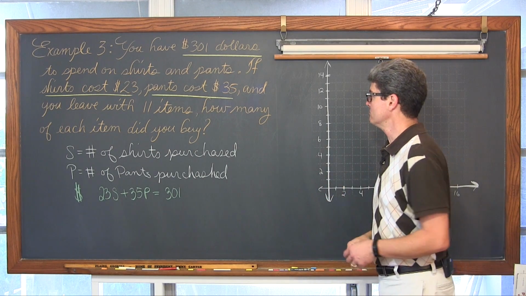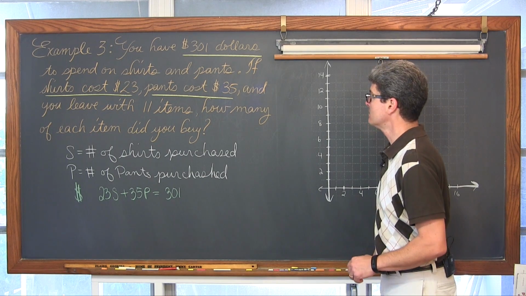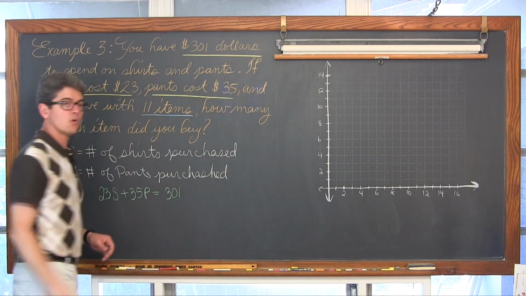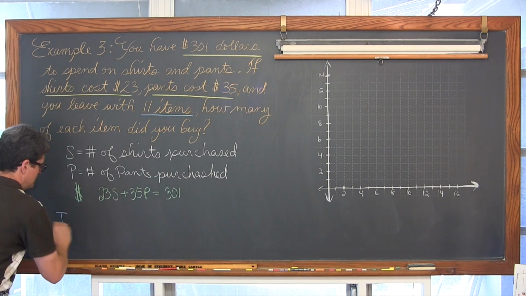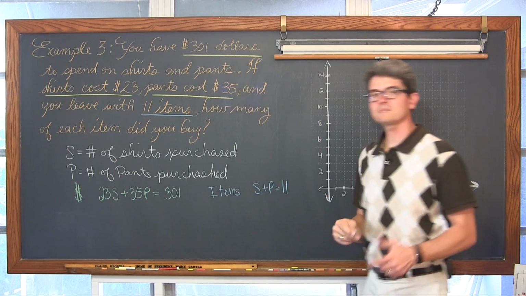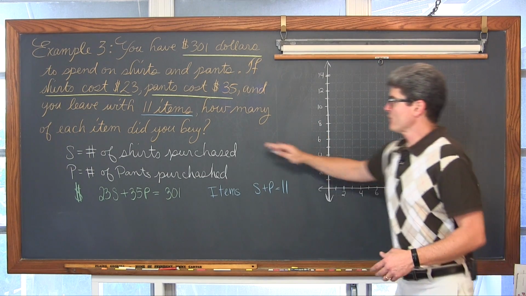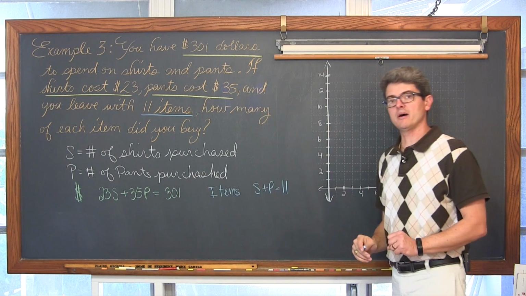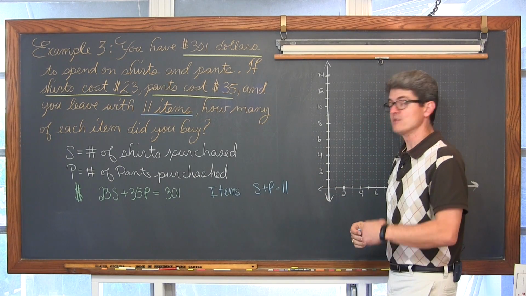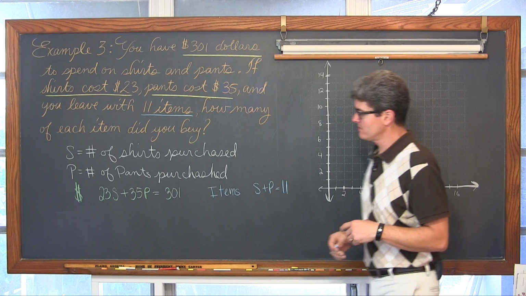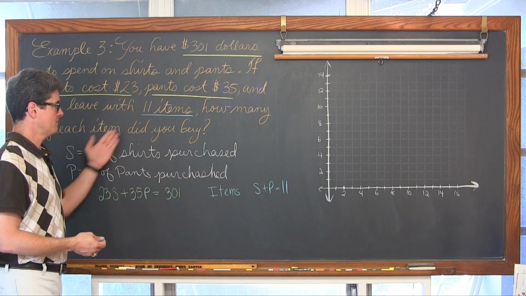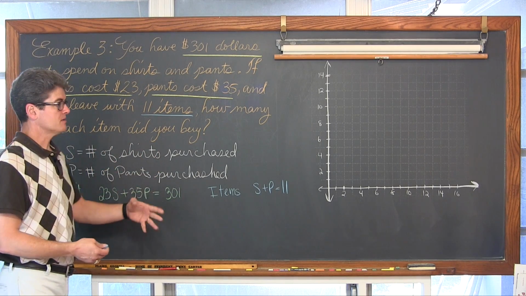What other information do we have in here that is maybe something that we would need to do math with? Well, let's see. Hopefully we can differentiate between the blue and the green. That's going to be the fact that you bought a total of 11 items. Let's do that side by side. I'm not leaving myself very much room here. Okay, great. So we have our variables defined. We have an equation giving us a total amount of money. We have an equation that's telling us a total amount of items purchased. And our variables, again, are number of shirts and number of pants.